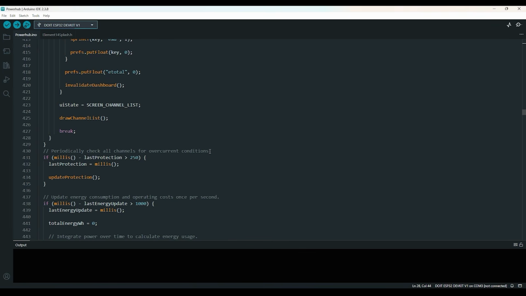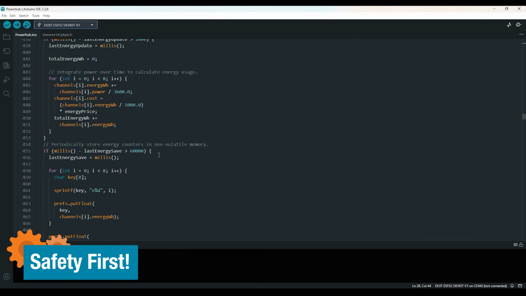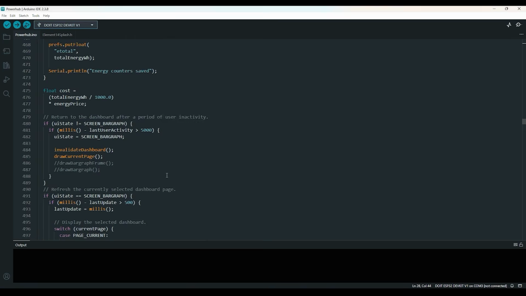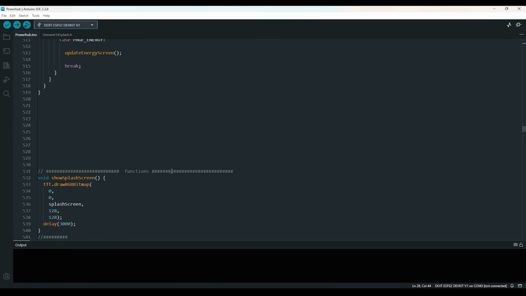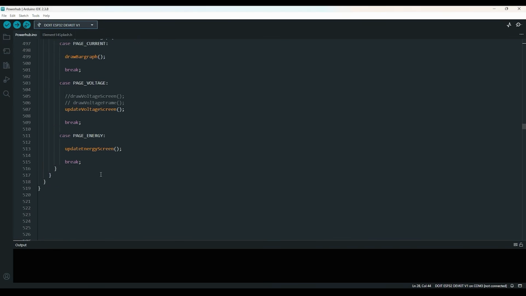Each and every channel is monitored, and it's compared to this maximum set current that you can change in the menu, and whenever that current is exceeded, something is triggered and the output will be disabled immediately. That way we can protect the system from overloading. And then you have to manually enable a channel again by using the menu. And then of course we have some energy monitoring, and we store that in a non-volatile memory, and that's all there is to it. Yeah, then we have our functions, but I suggest you go through them one by one